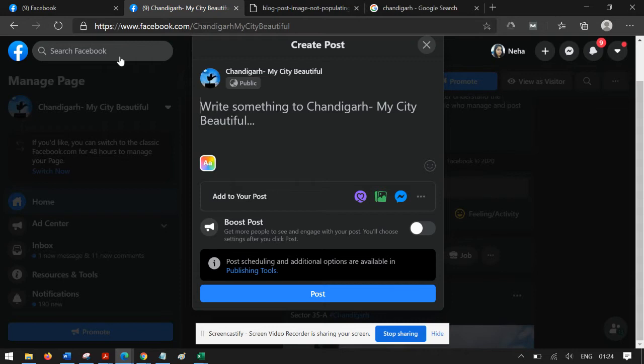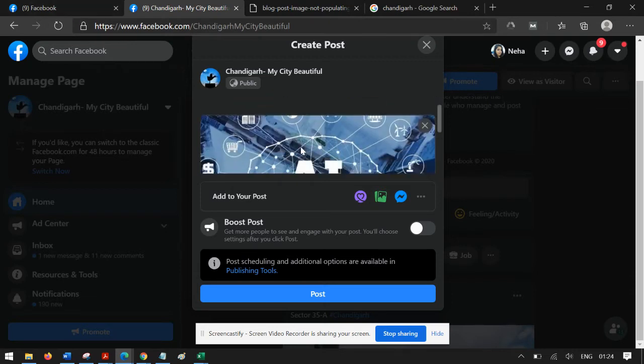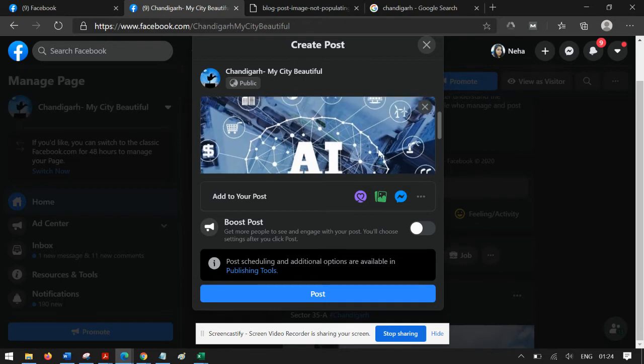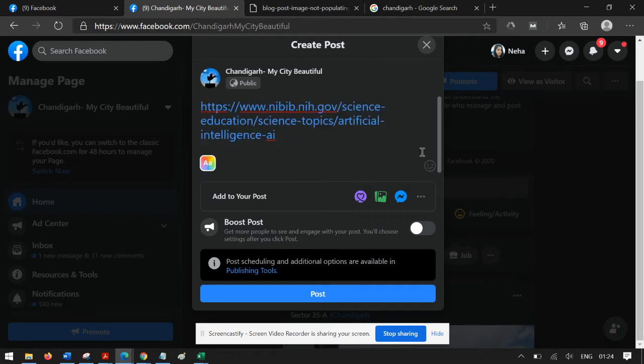So basically, whenever you share any article, let's say if I post something like this, you see this featured image coming in. But sometimes when you try to share an article on Facebook, it tends to look like this, and either the image is not getting fetched, or the other information altogether is not getting fetched when you are sharing on your Facebook page.